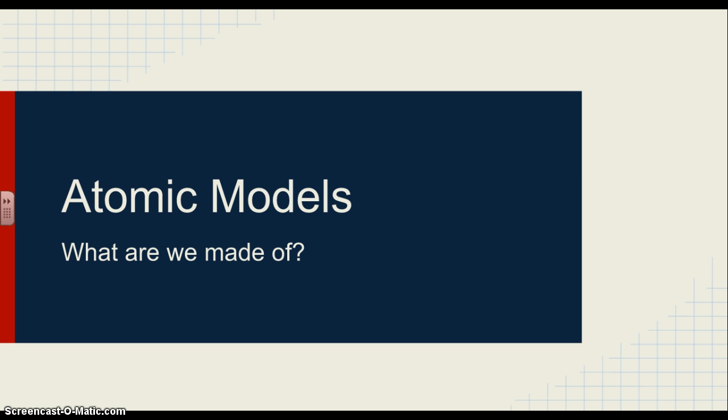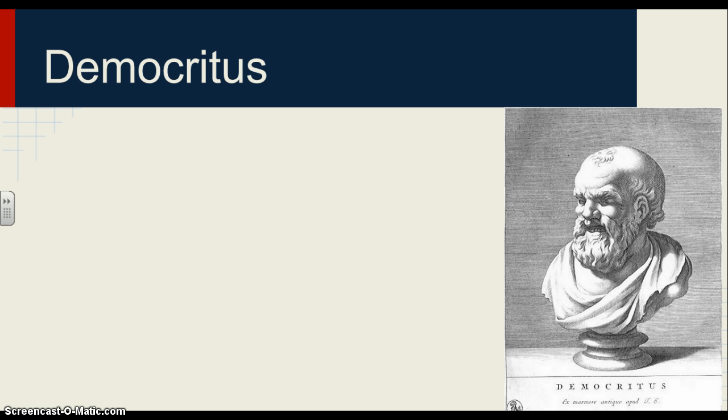You'll recall that one of the hallmarks of good science is that science changes over time. As our methods improve, what we know about the world can get more and more refined with more and more evidence. We're going to begin the discussion over 2,000 years ago, around 400 BC even, with this guy Democritus.